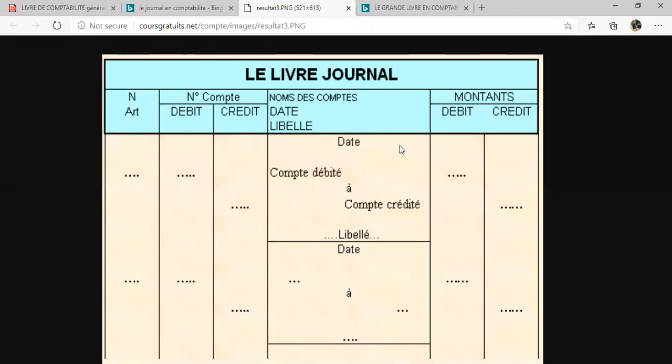Could you please repeat the definition of the journal? I was having connection problems. Okay, so